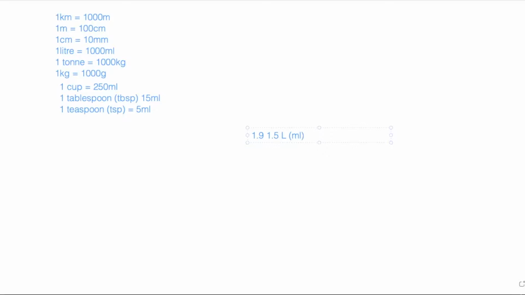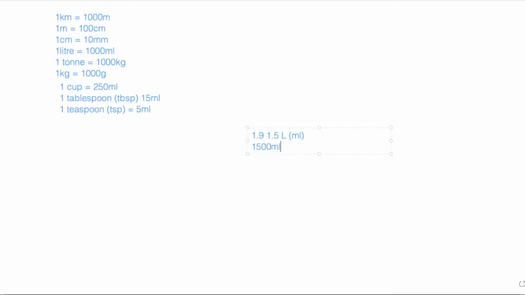1 liter is equal to 1,000 milliliters. So what do we need to do? We need to multiply by 1,000. So when we multiply by 1,000, we move 3 times to the right. So this is 1, and then a 0 and a 0. So it's